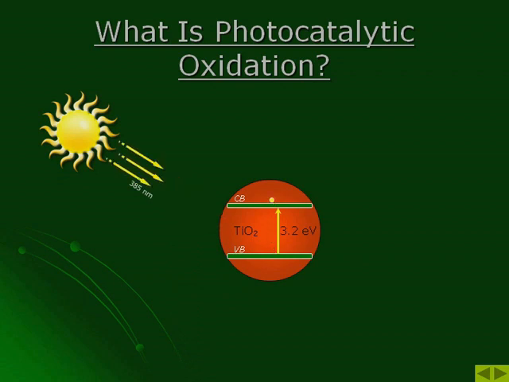The resultant electron-hole pair has a lifetime in the space charge region that enables its participation in chemical reactions. These chemical reactions include the formation of superoxide ions caused by the combination of the free electron and oxygen found in the air, and the formation of hydroxyl radicals caused by the loss of a hydrogen electron from water found